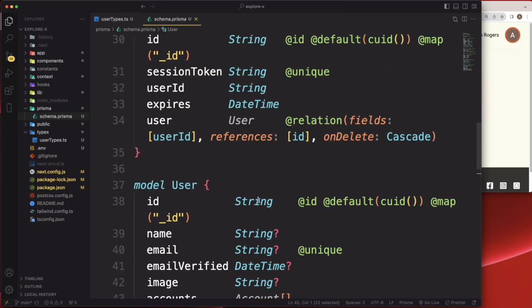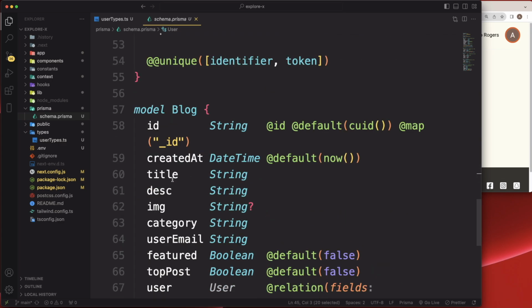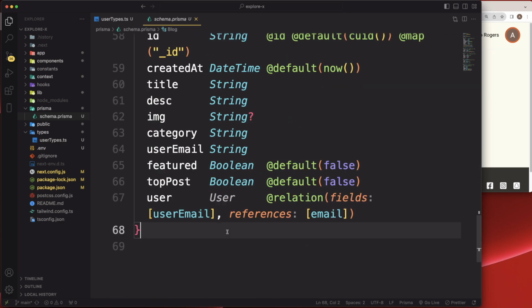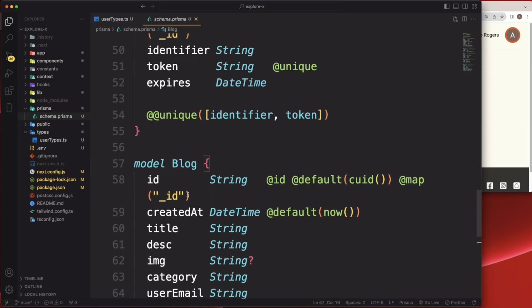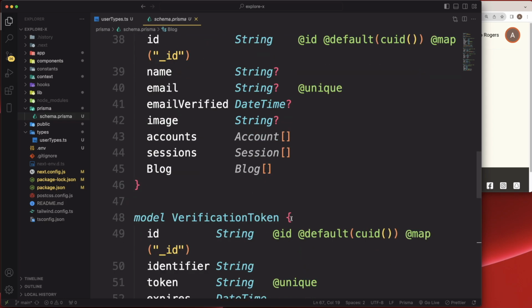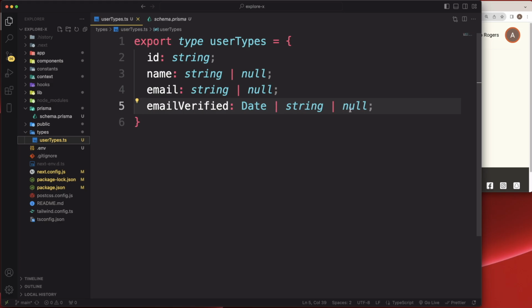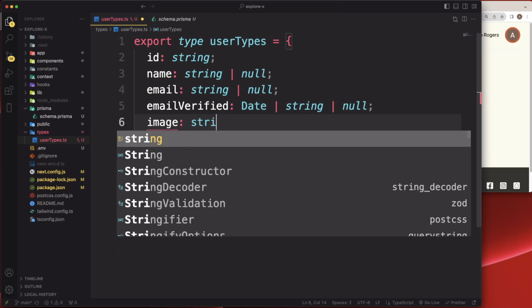Okay. Did we add this? I don't even remember us adding this. Blog. Okay. All right. Cool. I don't even remember us adding that. That's crazy. We're gonna do image string